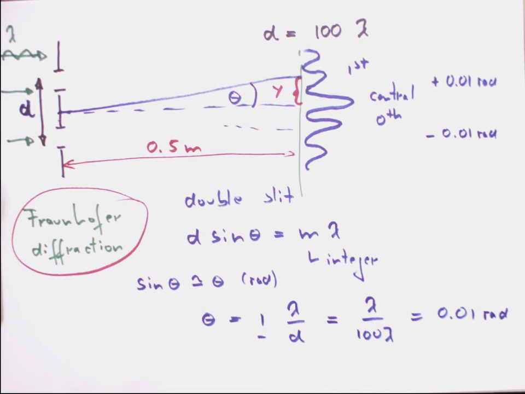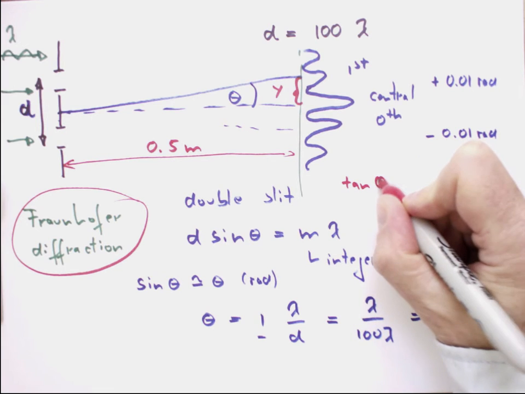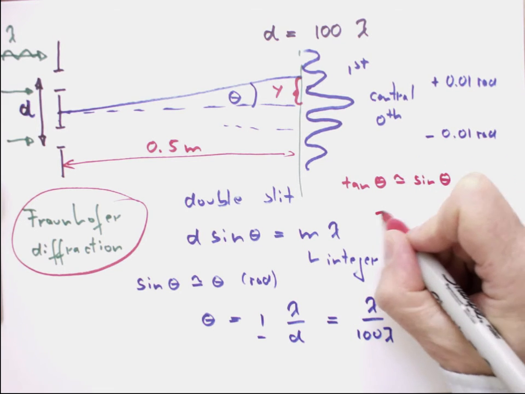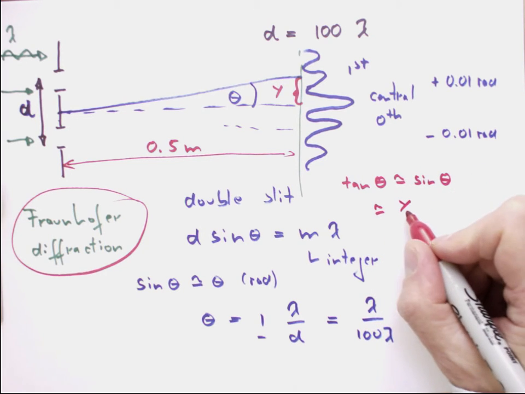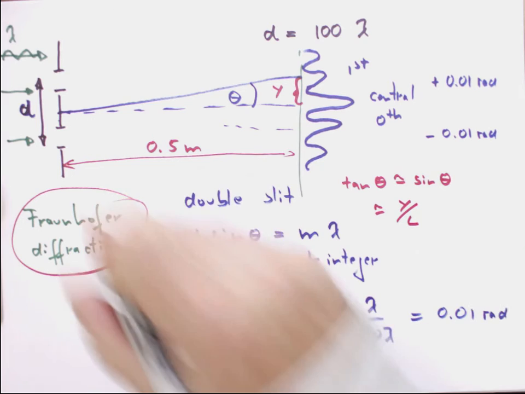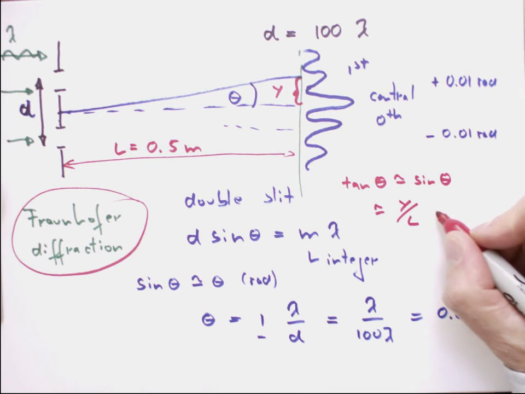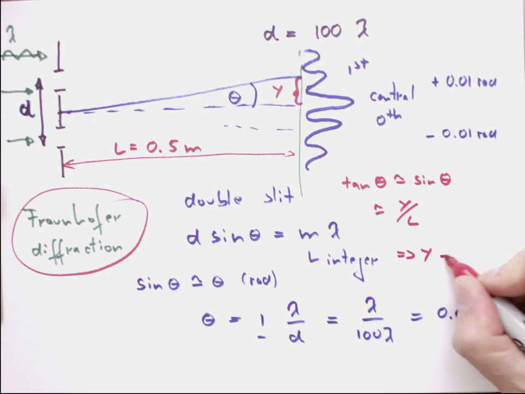So therefore the tangent of theta is approximately the sine theta, and it can also be approximated as y on L. This is the L, the distance of the screen, and therefore the y, which is what we want to work out, is equal to